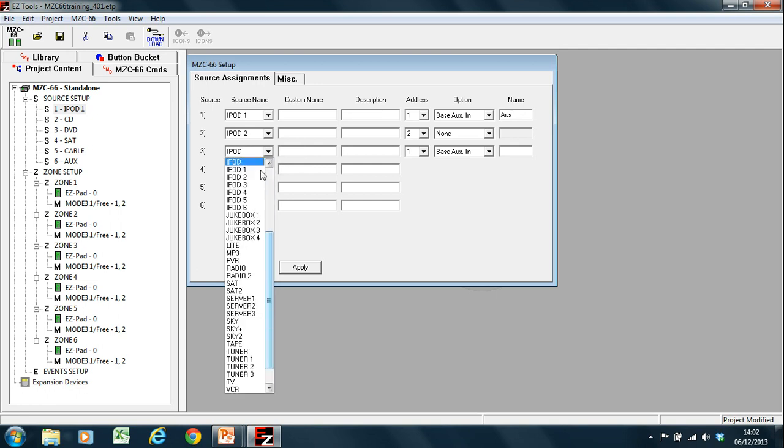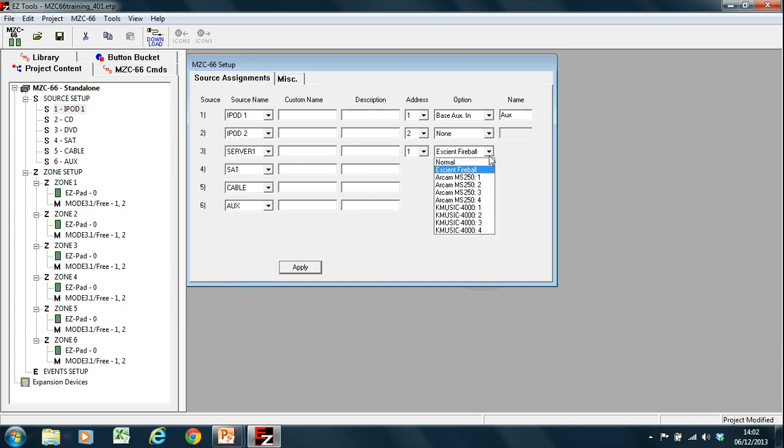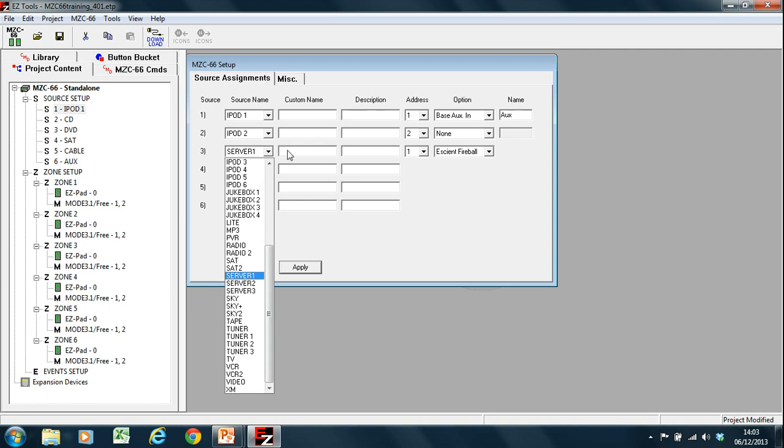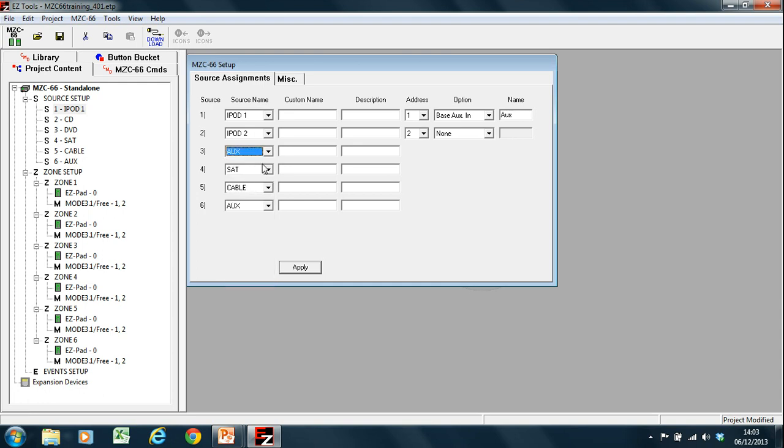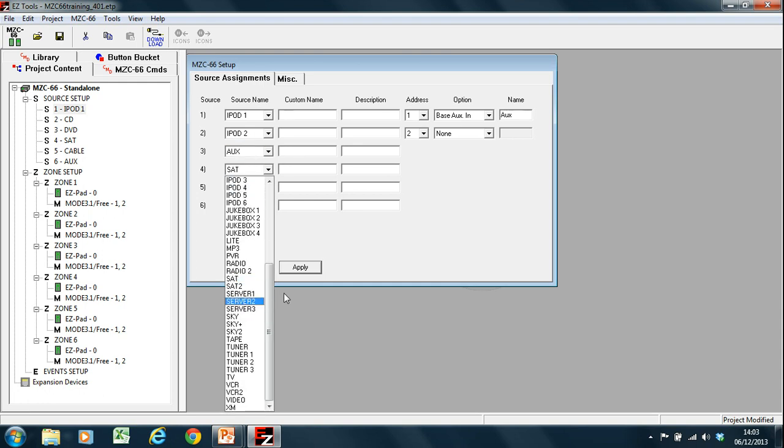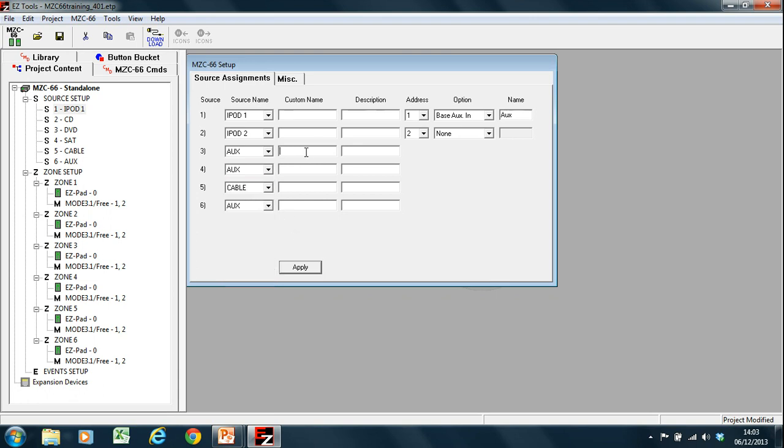Let's have a look at some other mode devices that give you additional menu options. I can select a type of media server. These are media servers that offer two-way integration out of the box. I can select the address of the RSA1, which is the bidirectional RS-232 port for controlling these media servers. Apart from the mode specific options, it doesn't matter too much which one you select here. You could just name all of them. You could select all the source types to be auxiliary and then just name them as you see fit. So this could be named Sonos for argument's sake, or